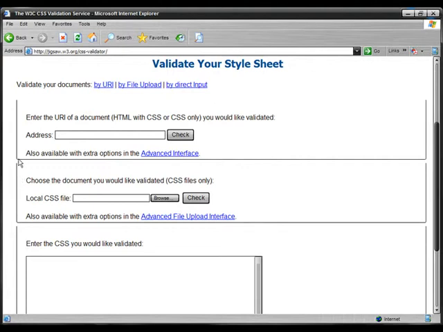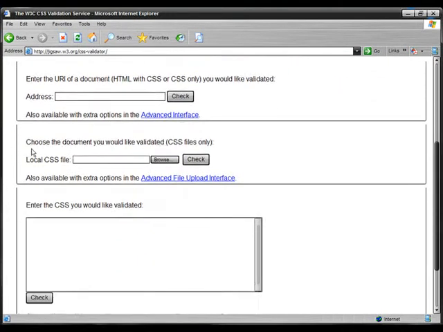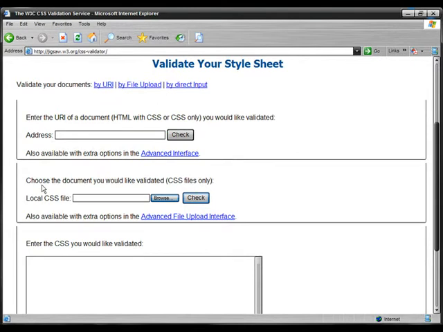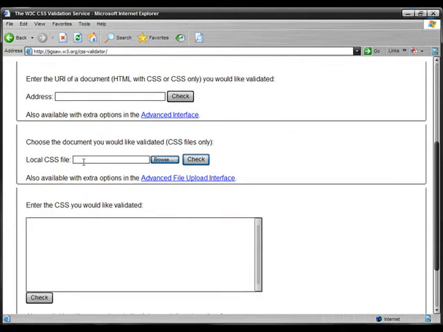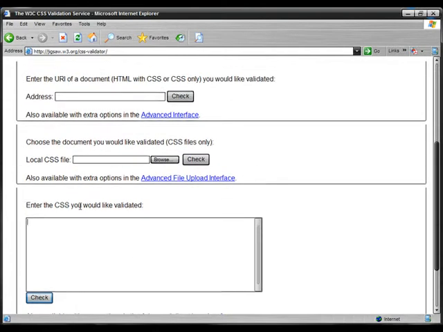The first one I'm going to demonstrate in our CSS validator is our CSS. And the validation service offers three great options. We can enter in the URL address, we can load the CSS file individually, or we can enter in the CSS in this box right here. I'm going to go ahead and pick the load CSS file option,